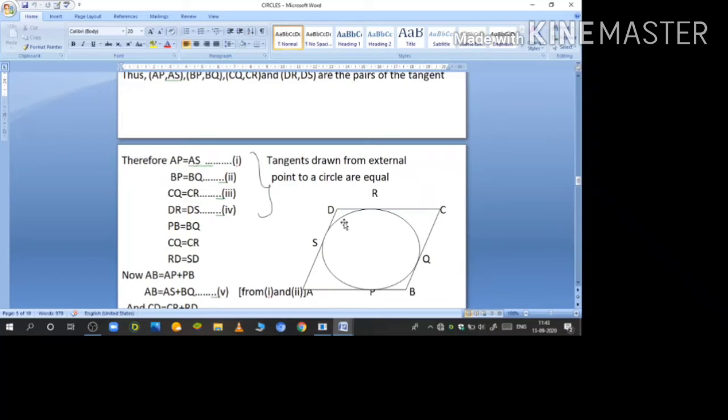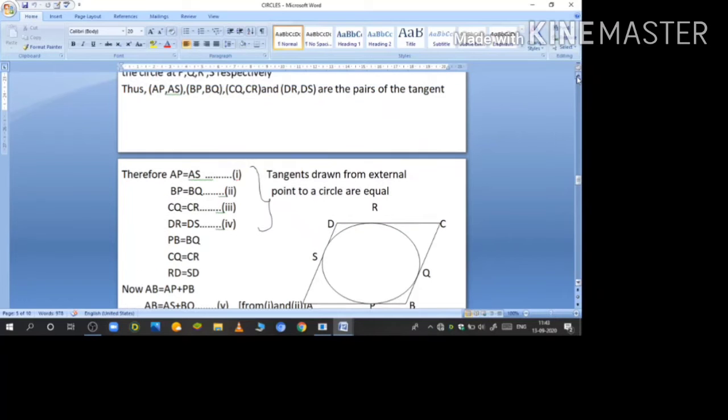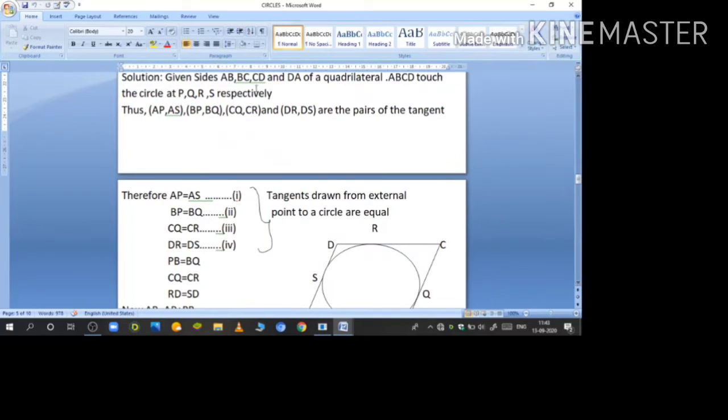Thus, you can see that AP, AS, BP, BQ, CQ, CR and DR, DS are the pairs of tangents to the circle. The half sides of the quadrilateral become the tangents to the circle. So therefore,